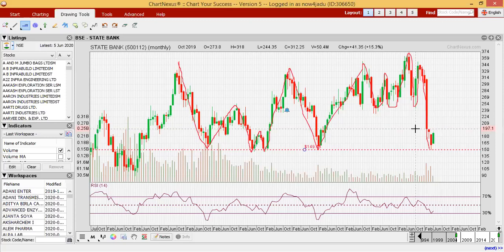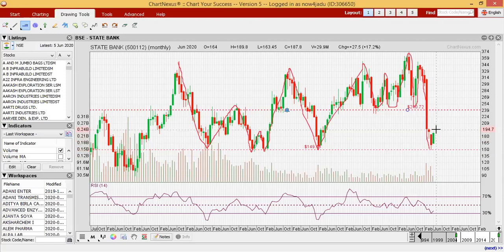And again, with this method we exactly entered at the dot-to-dot bottom. Up to what level can we expect the journey? Yes, see here, if we check again from support and resistance, there is the answer. If we check the chart of SBI, at the 240 level there is a strong support. From 2016 to 2020, it was taking support at the 240 level, and when it finally broke the 240 level, it came back to the 150 level at the final support.